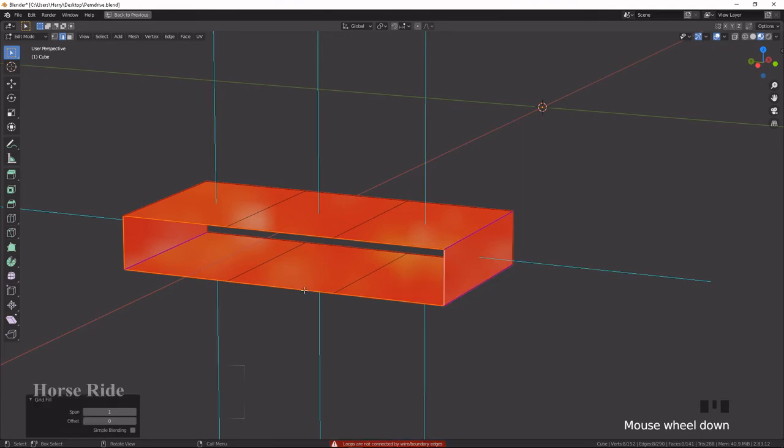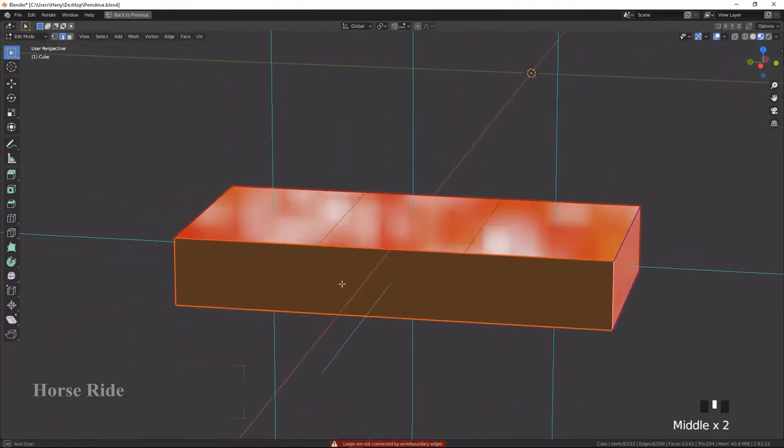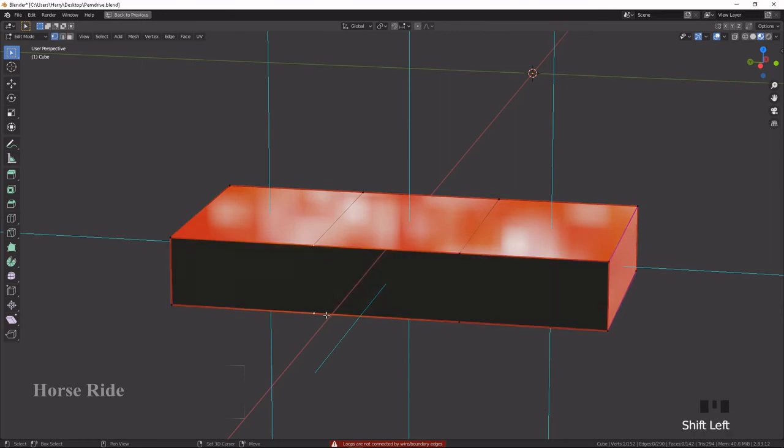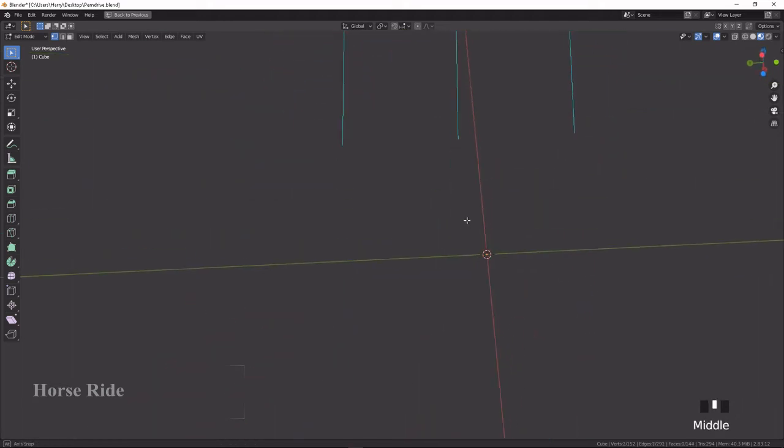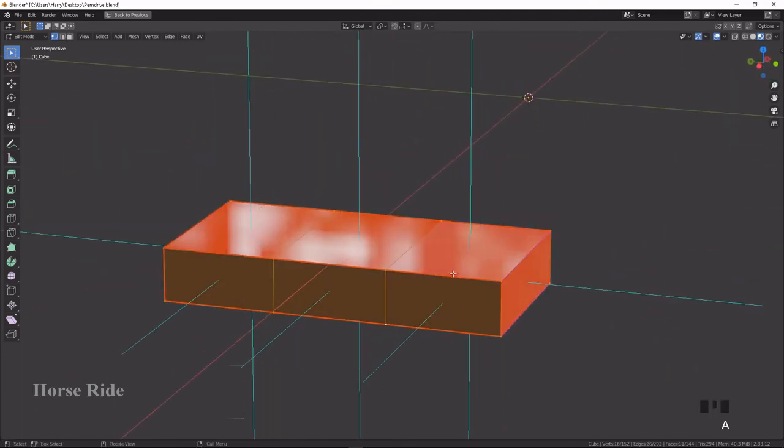Oh, grid fill did not work, so we can press F to make it fill, and select these edges, select this, join, select this, join. Now select all, Control Shift N, to make everything normal outside.